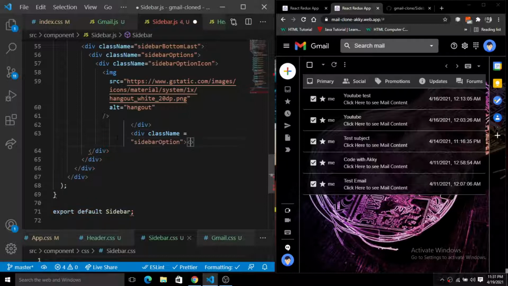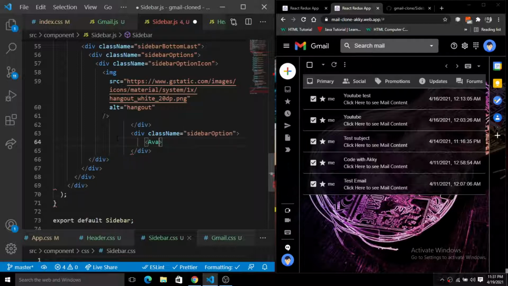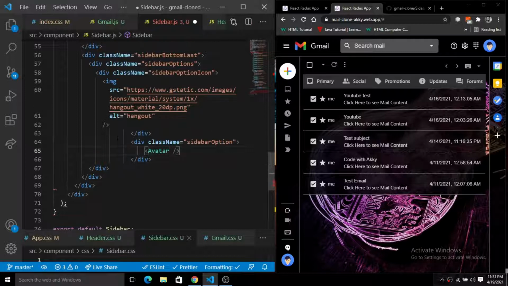So this is the class name. So simply close this div, and inside of this sidebar option we have this avatar. So simply import it from the Material UI code. So this is the avatar here. Fine. So hit the enter button, and now we are done with this thing.